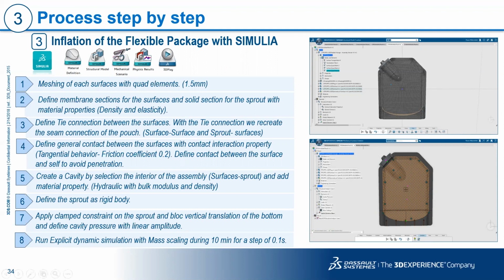And then we define the cavity where the fluid is to be filled, and we will inflate it initially with air. To simulate air, we can define some bulk modulus for the air and the density, and for the sake of simulation, we define the sprout as a rigid body,